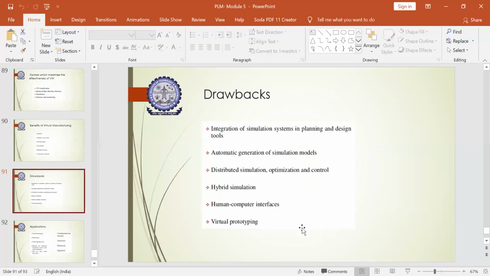But all technologies have one or the other drawbacks. Even virtual manufacturing has certain drawbacks. The first is integration of the simulation system in planning and design tools. To generate a virtual product successfully, there should be a proper integration between the simulation system and the planning and design tools you are using. Sometimes getting the required integration is very sophisticated.